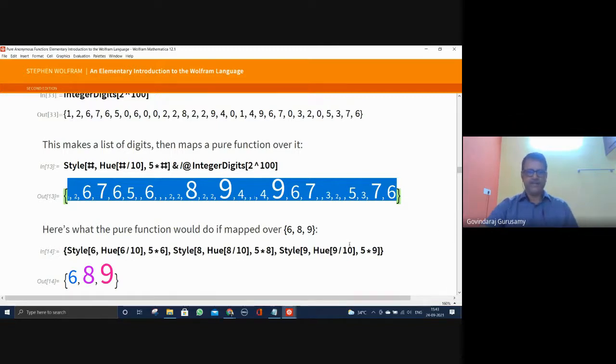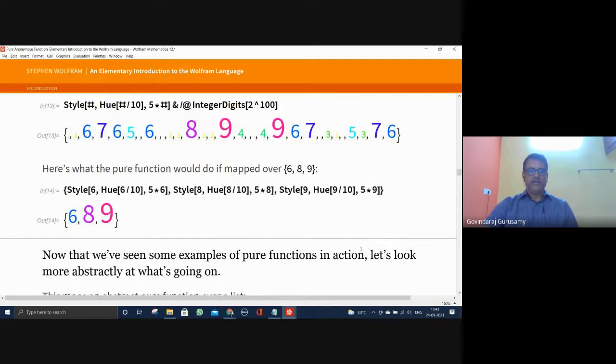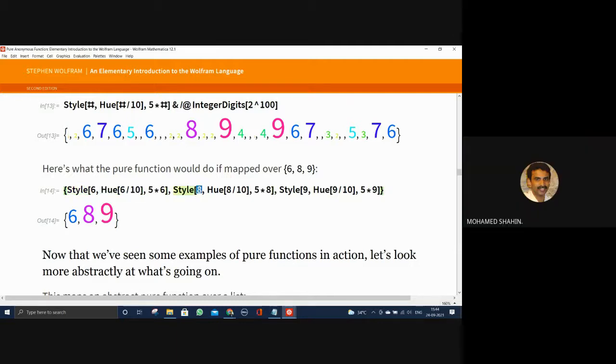Okay, let me check. Right, now here, what would the pure function do if mapped over 6, 8, 9? The style H6, Q 6 by 10, that he's trying to explain probably, 5 into 6. Style 8. Sir, here individually it is doing. It is doing individually.